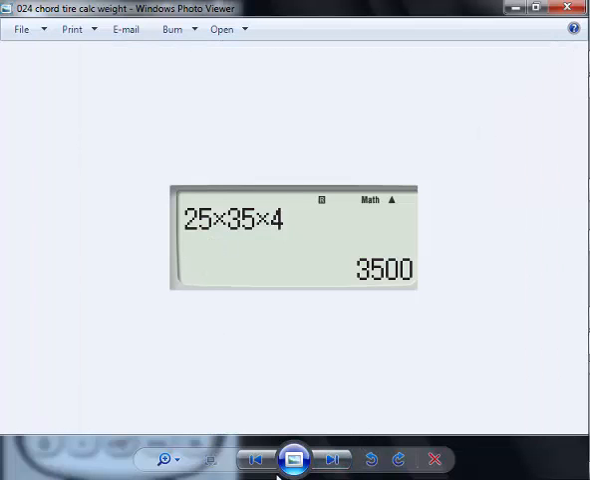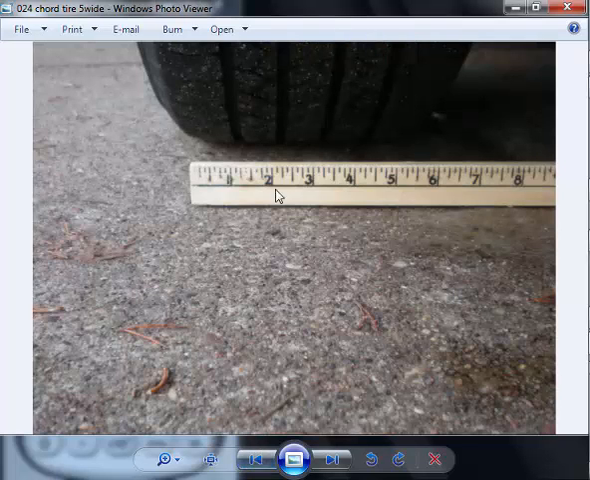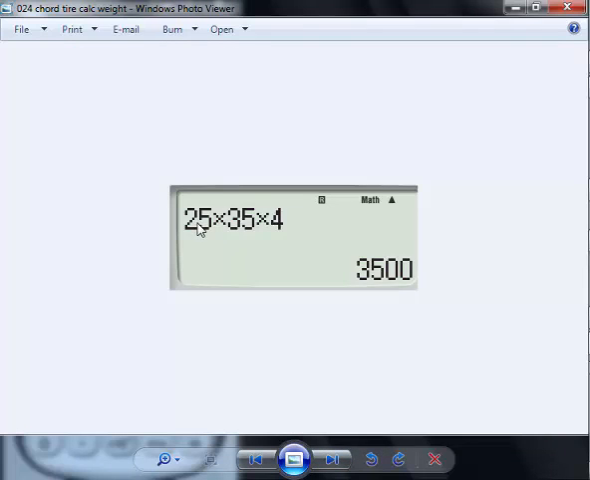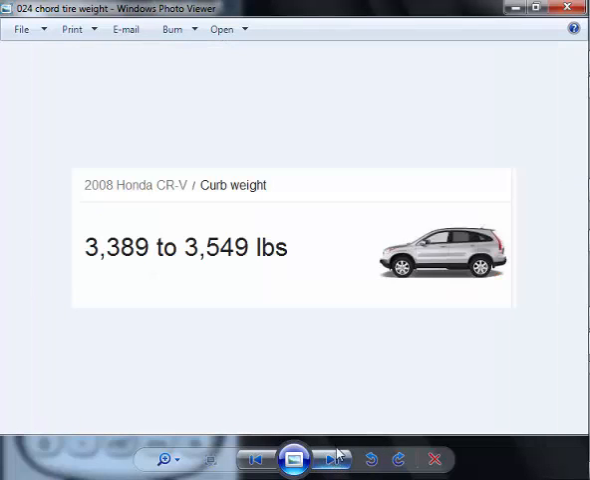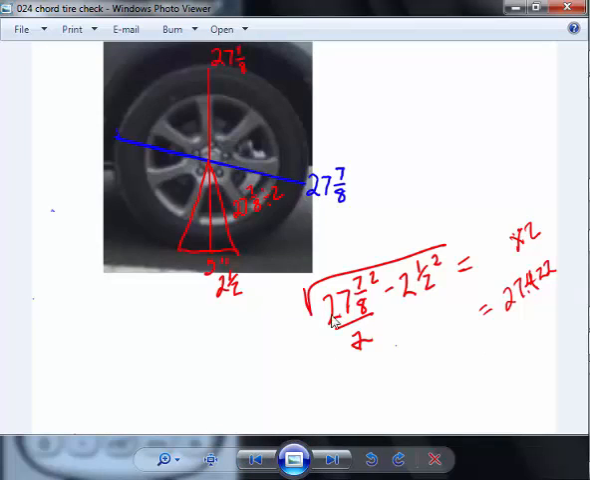Well, if you take the area of the bottom of the circle, as I said before, it's 5 inches by 5 inches. If you take that area and multiply 5 times 5 is 25. Multiply that by how many pounds there are in each square inch. Since there's 25 square inches in the tire, times 35, times 4 tires, you get 3,500 pounds. I looked up what the weight on a CRV is, which is what that tire was, and it's around 3,300 to 3,500 pounds. So as I said before, we had 27 and